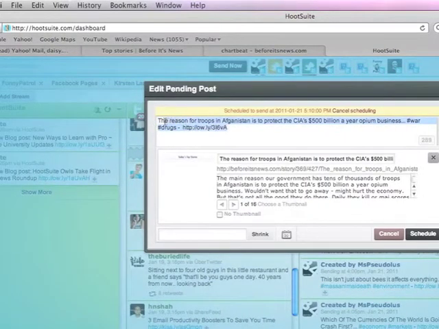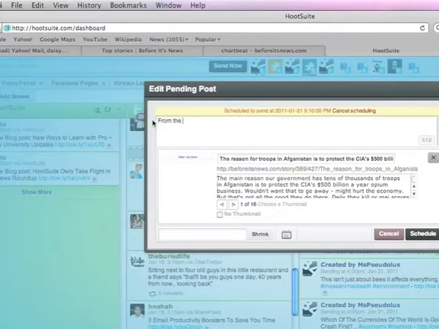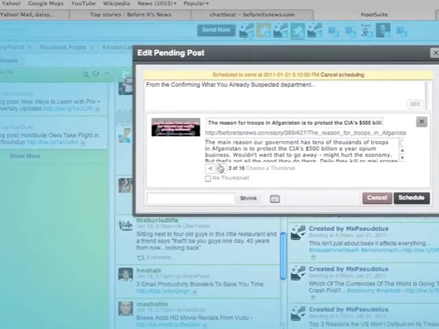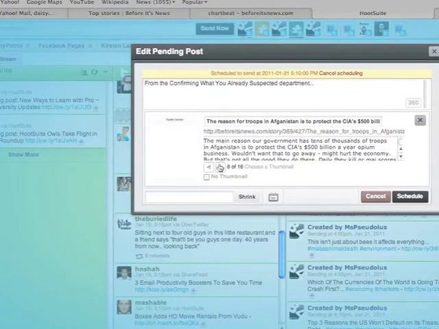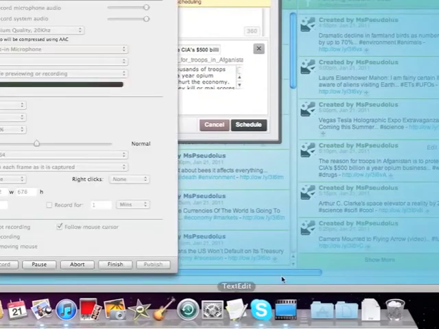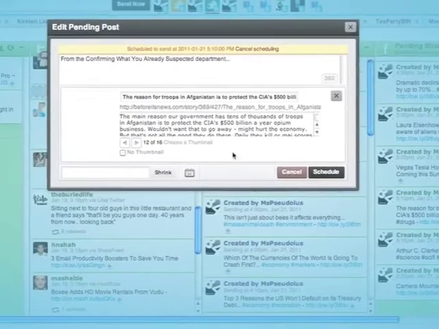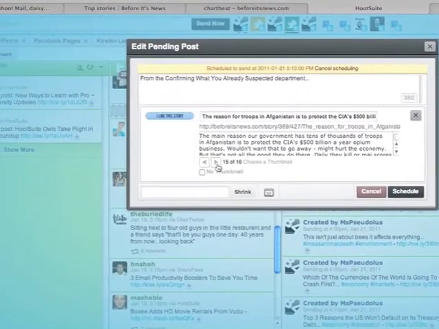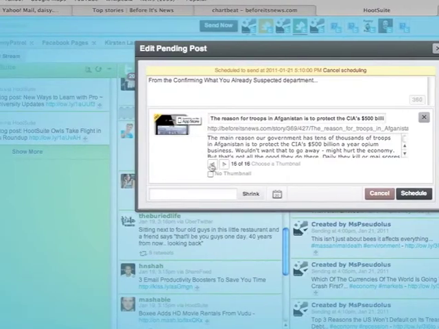So I like to title these kinds of things "From the Confirming What You Already Suspected Department." Stories that are about government and or corporate corruption, involvement in criminal activities, or just even unethical activities, I like to use that little quip, "From the Confirming What You Already Suspected Department." I've been using it for a while and people seem to like it, so that's a good one to use. Again, it's that sort of inside joke feeling. So with this one, there's no image, but the contributor has a very interesting image of the